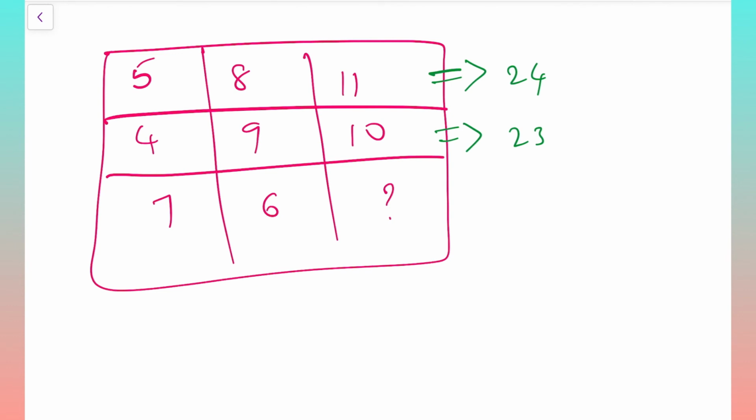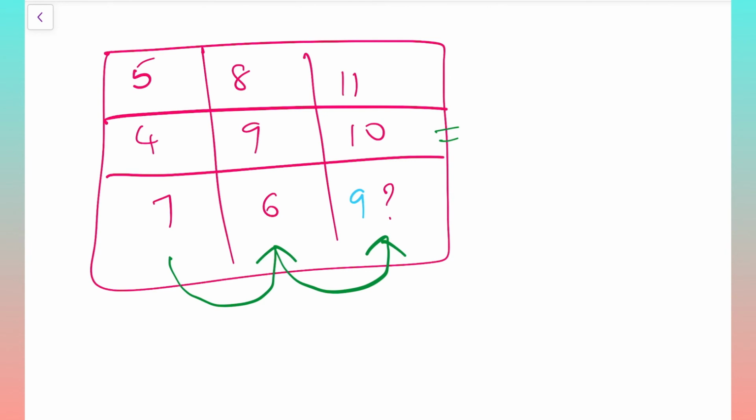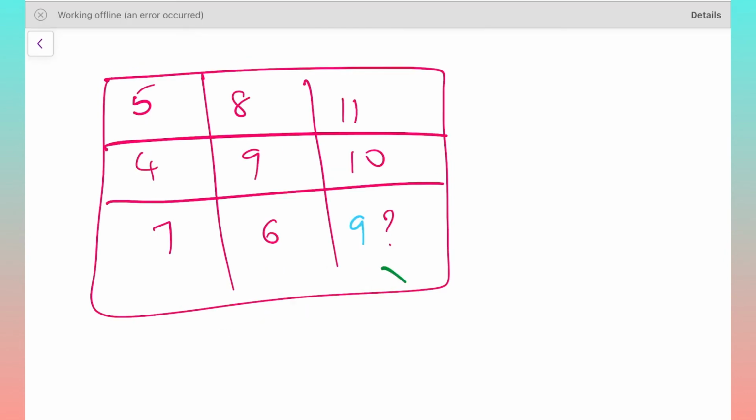Here 24 I got, here 23 I got. It means the next should be 22. So what number should be there? 22 should be there, and here already 7 plus 6 is 13. 13 plus which number will give 22? That is nothing but 13 plus 9. 9, if we add to 13, we will get 22. Then what if this number 9 is not there in the options? Let us go with one more logic also. Till now we didn't discuss this logic in all these questions.